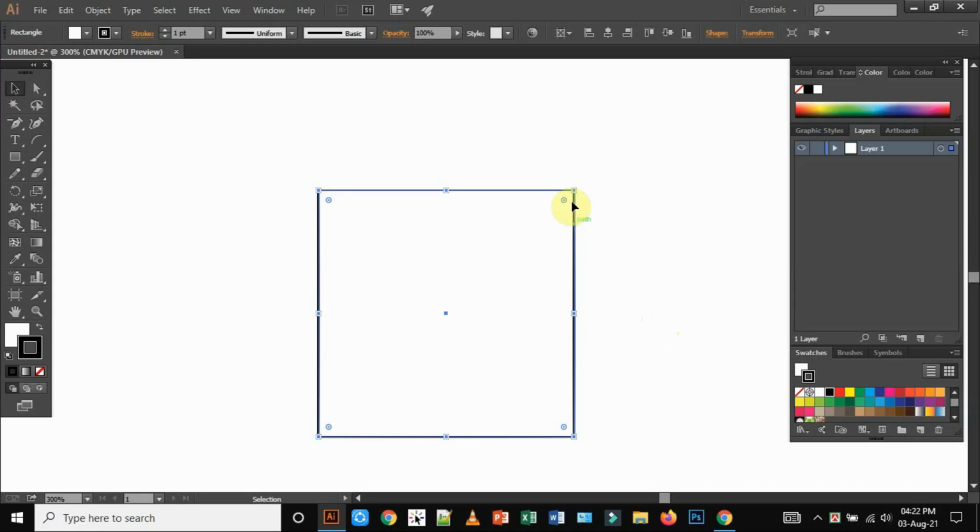In the corner there are four smaller square signs. They are called the anchor points of this rectangle shape or of this object. The other four, which are in the middle of the lines, I mean this one, this one, this one, and also this one, are also called path points.